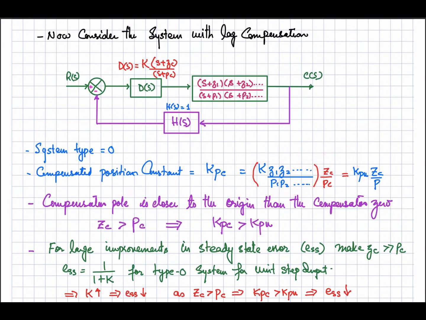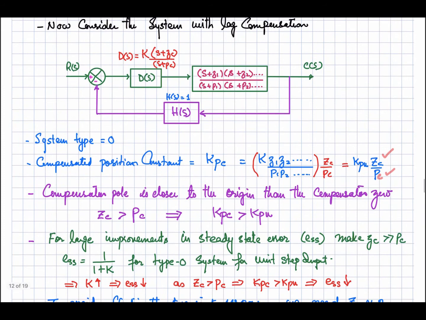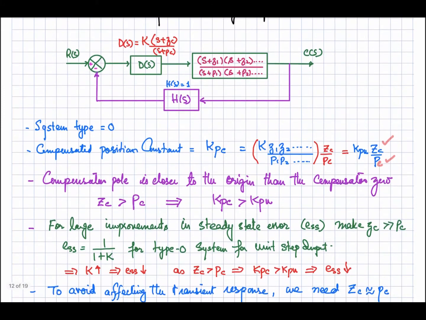So that will be updated by the ratio zc by pc, where zc is the zero of the compensator and pc is the pole of the compensator. The compensator pole is very close to the origin, then the compensator zero, zc, will be greater than pc. Because of that, your Kpc, the compensated position constant, will be higher than the uncompensated one, and because of that,